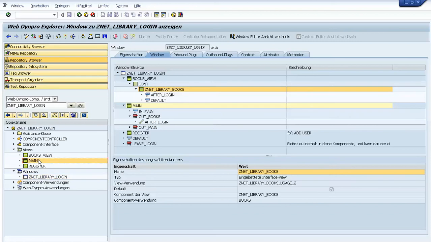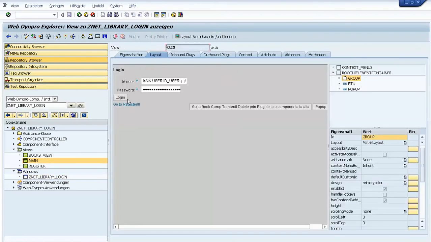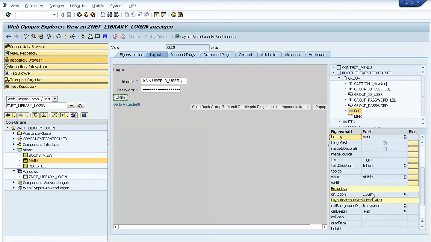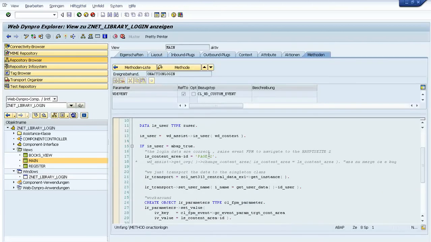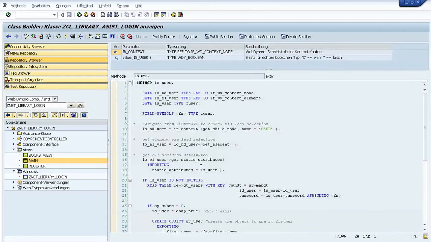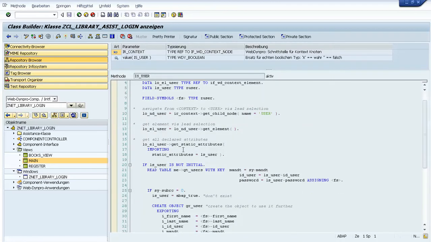Let's see how the main is done. In the main we see that we have the login button, and to this login button we delegate the code to the assistance class to see if this user exists or not, and this method, okay, if the data from the user are not initial, we read from an internal table, which is